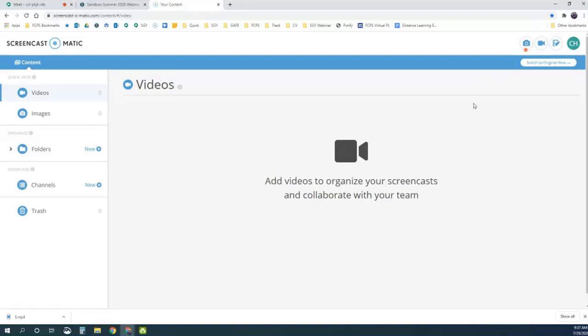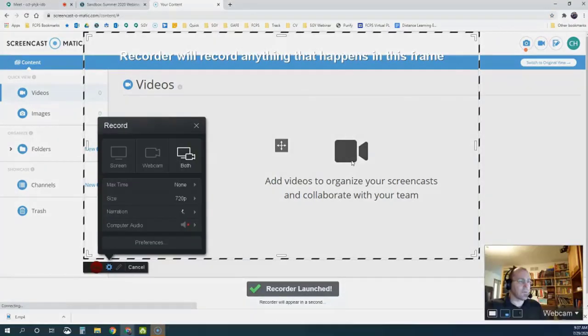I don't know if they're getting rid of the extension that you use to use Screencast-O-Matic on a Chromebook, or if they're beefing it up. But something is changing in the next few months to make it a lot better, apparently, on a Chromebook. But I'm not sure what that is. But anyway, a desktop is a way to really use this at this point, or a laptop, but not a Chromebook. So let's go launch the recorder here. Let me go to